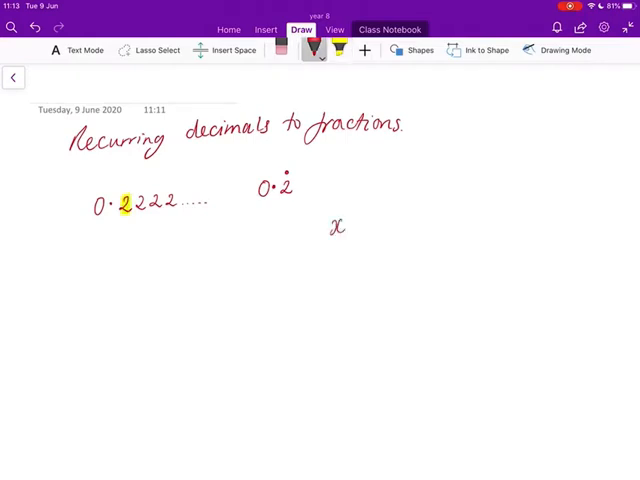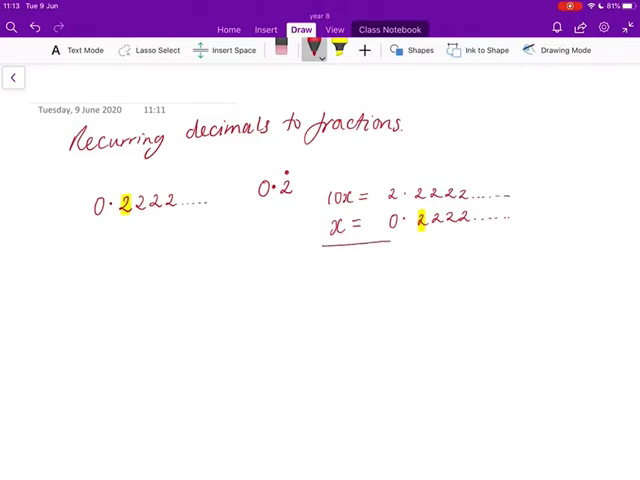So let's say we call our number 0.222..., let's say we call that x. Because we have only one repeating number in our pattern, we can take our value of x and multiply it by 10, and that will move that first value in front of the decimal point. So if we multiply both sides of this by 10, we get 10x equals